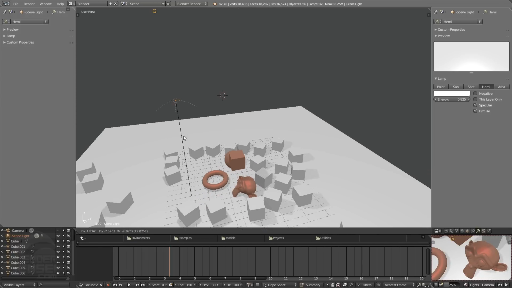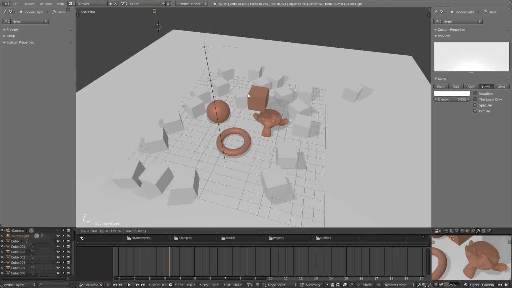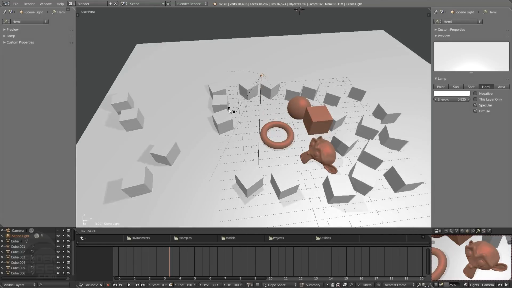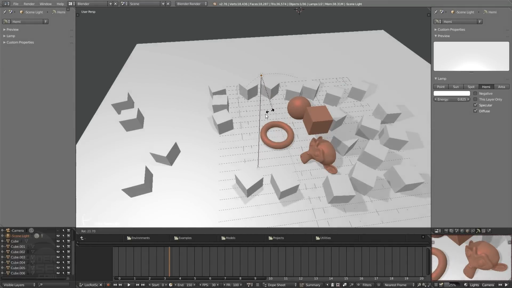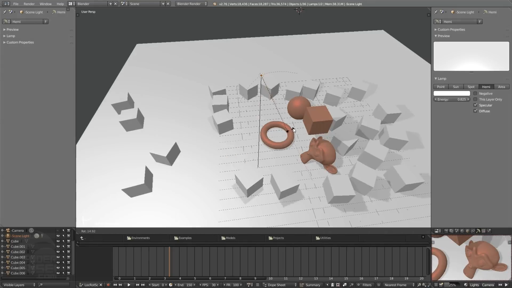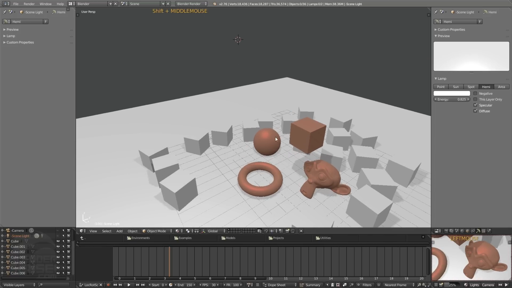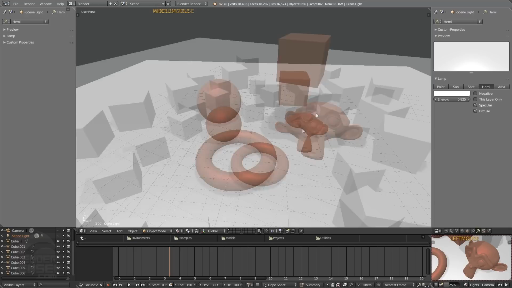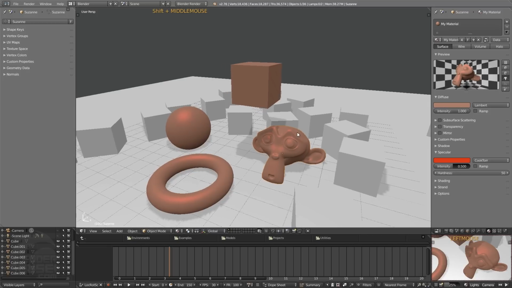So if I press G to grab and press R to rotate, notice that in addition to the position of the shadows changing, we're seeing the position of the specularity of the objects change also. That's the first thing to keep in mind about specular values. They're only going to show up where light is hitting them. So I'll go ahead and move that back up and click on this eye icon to hide it because I don't like looking at it when I don't need it. So if we click back on any one of these objects using our little material here,